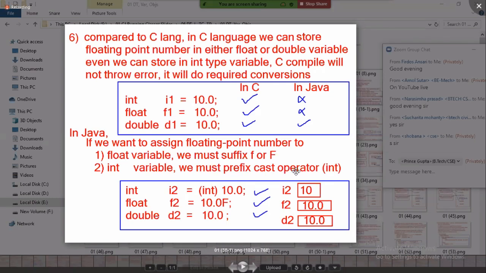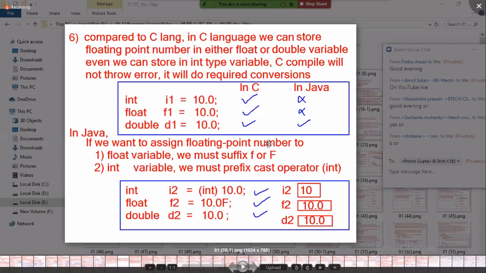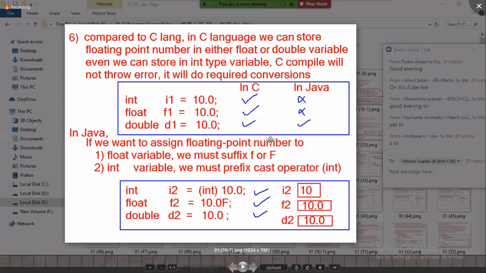For example, int i2 = (int) 10.0; the cast operator converts the value, the .0 is removed and only 10 is stored in the i2 variable. And in the floating point data type, 10.0 is stored in double format. So this is the point we missed yesterday, and I hope you understand.